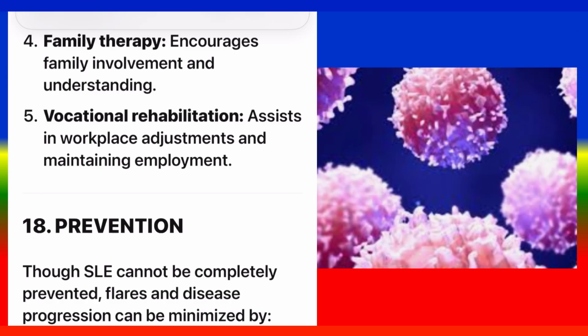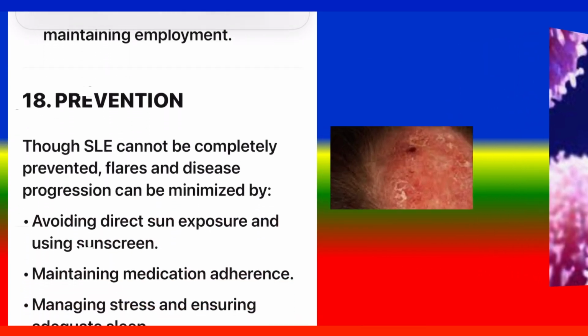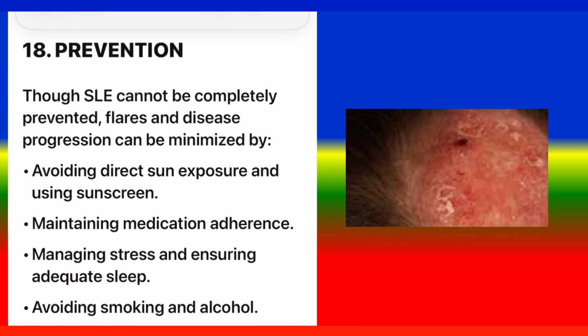5. Vocational rehabilitation. Assists in workplace adjustments and maintaining employment. Number 18. Prevention. Though SLE cannot be completely prevented, flares and disease progression can be minimized by avoiding direct sun